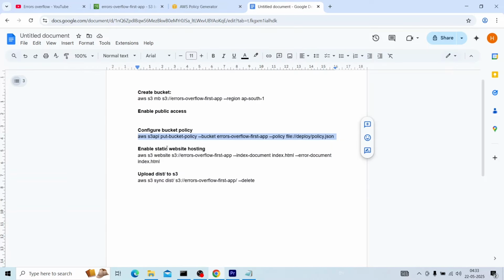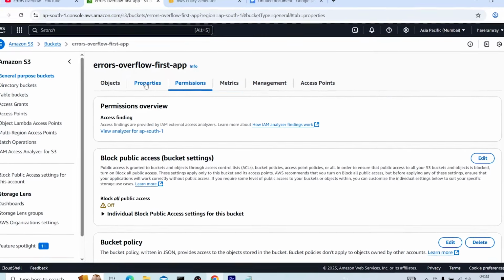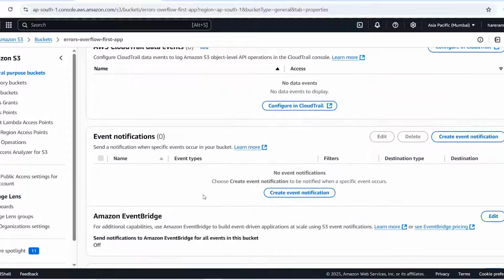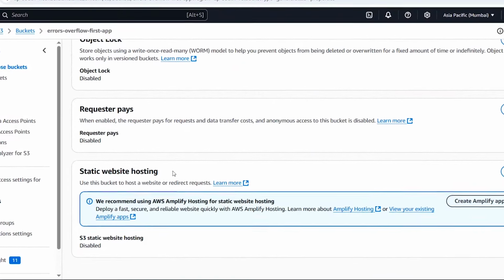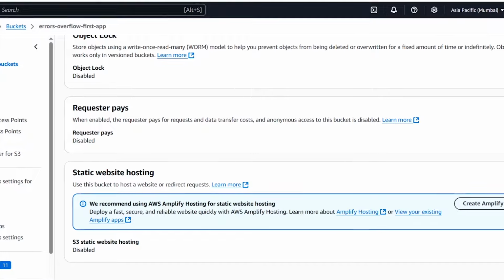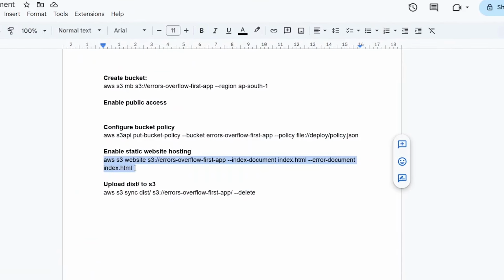Now we will enable static website hosting. So inside properties, here static website hosting is disabled, so we will just copy this command.